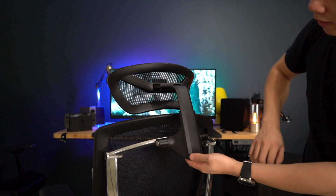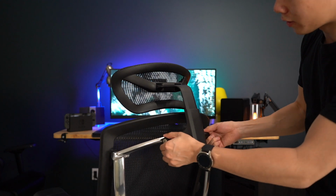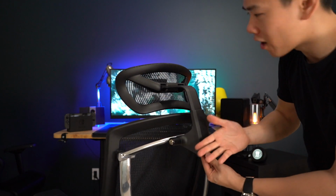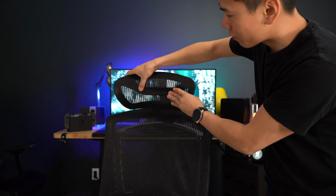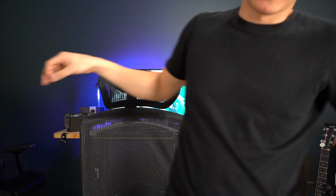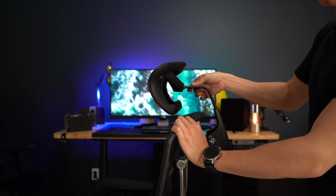So just to give you a quick overview, this part and this part is made of plastic, and these two are made of metal. So it's very sturdy over here. The support is very strong. It's not gonna just fall off. It's plastic over here too, and it's mesh over here. It's very firm, very bouncy, very solid. It's meshy. What you can do with the headrest is that you can push it down or up like this,